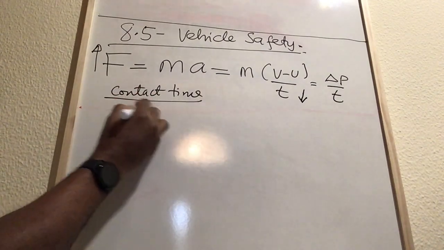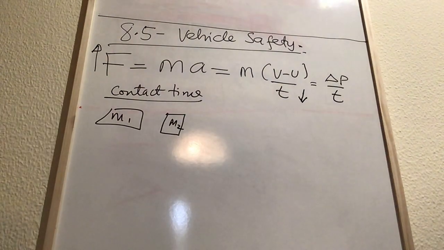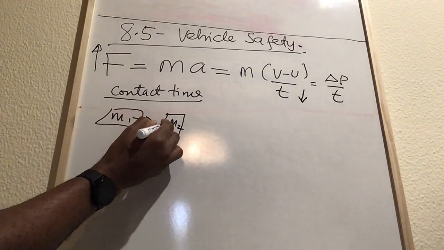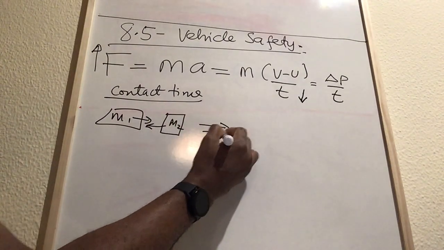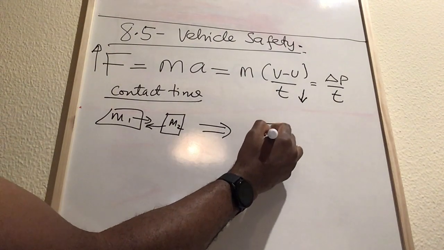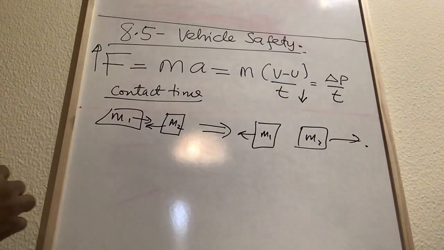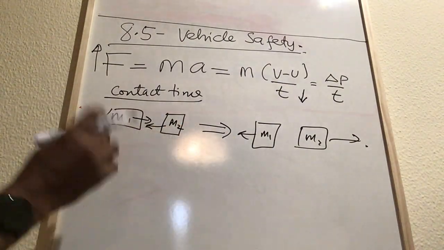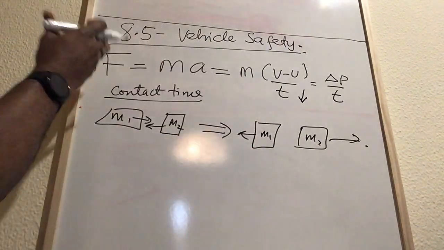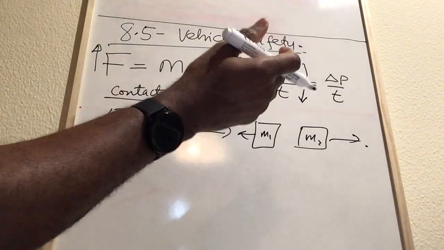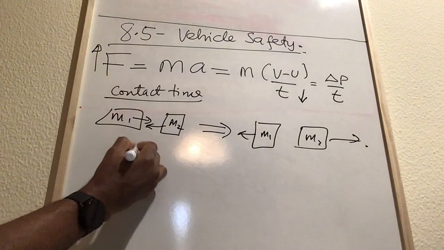as a starting point, consider two masses, M1 and M2. One is moving this way, the other is moving that way. As soon as they hit each other, they collide, and we end up with M1 going this way and M2 going that way. So the contact time between them is very minimal. Therefore, if we take one of them, it will receive a very large impact. But that is not the same as impact time. Impact time